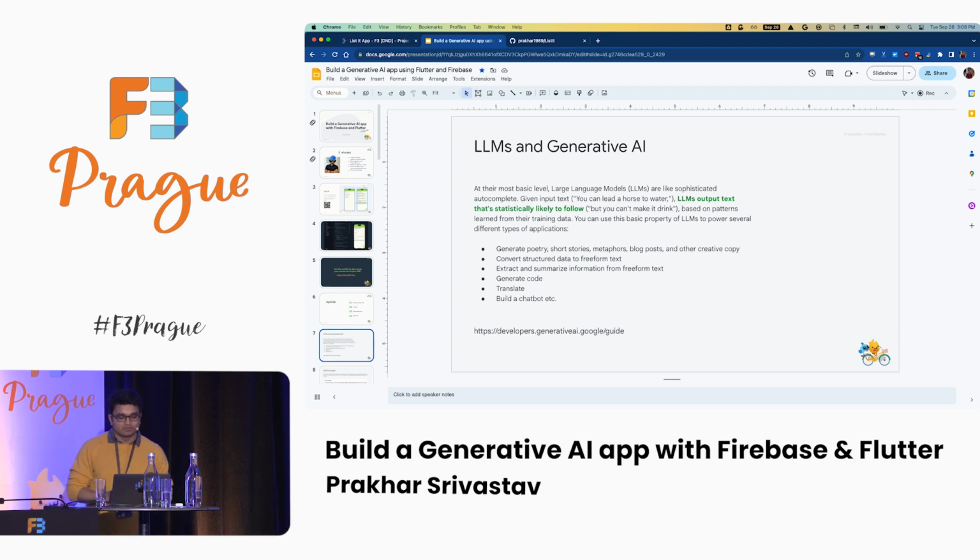So what are LLMs? The way I would like to put it, LLMs are basically a sophisticated autocomplete, right? It's autocomplete, but with steroids. So for example, given an input text, you can lead a horse to water, the LLM is most likely to